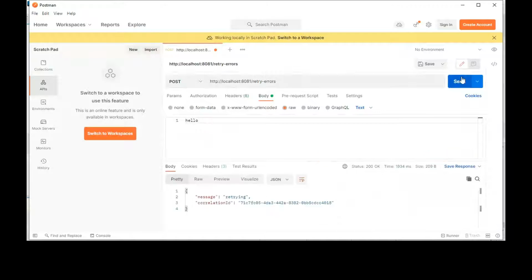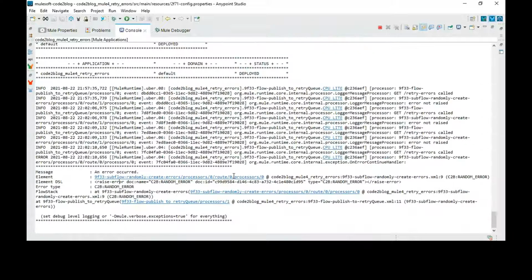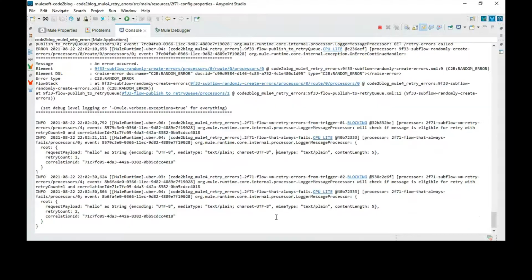So now you see there the retry has not occurred, and now the retry has occurred and it has given you a correlation ID. Every 10 seconds the retry is going to occur. There is a scheduler which is set to 10 seconds frequency, and you see that it is picking up the message from the queue and it is processing that message.